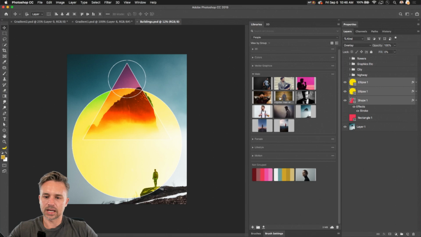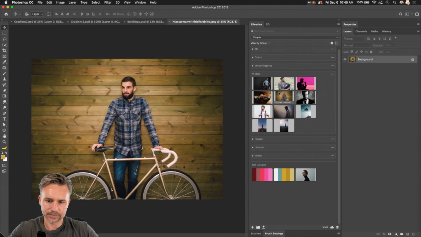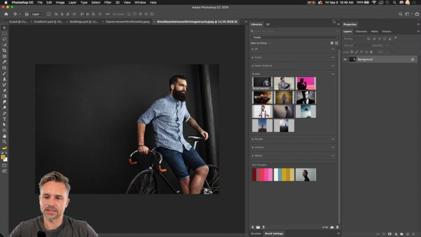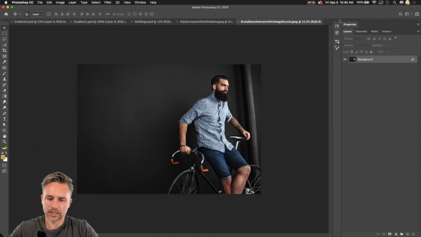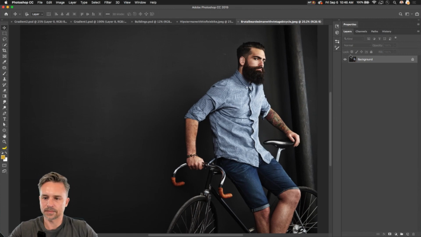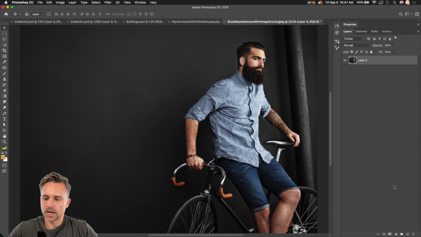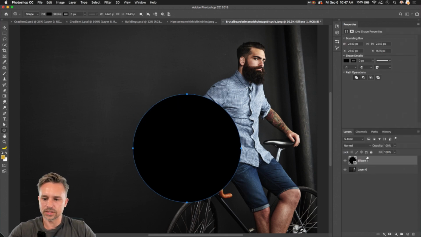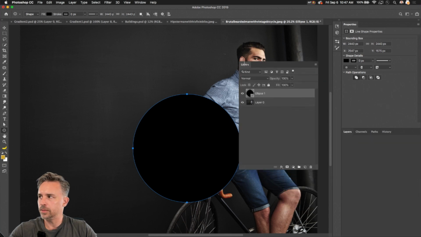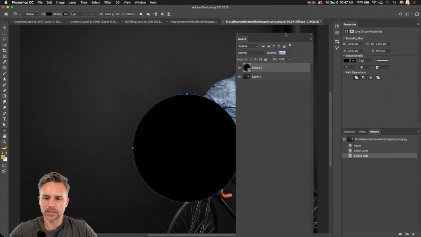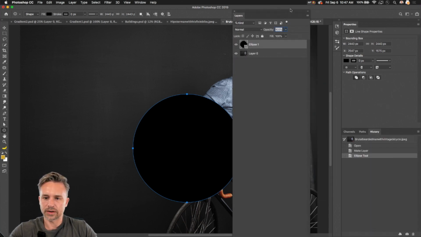Let's take this image here. Or even this one. Just hipsters on bikes. That's what we're dealing with. Let's talk about colorizing images. By the way, what I was drawing out here, these are just simple shape layers. So if I pull out this layers panel, we're just creating simple shape layers because that was super